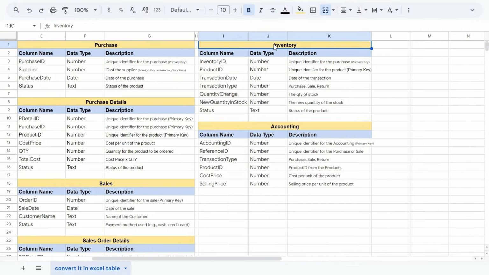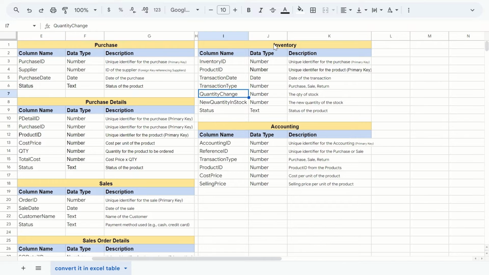If I look further to the right, we have another two tables. Of course, we have the table called inventory, and this is the main table of the database, because remember the name of the database is inventory management system. So this is going to be the main table. In this, we will have this table linked with the product table, with the transaction table,